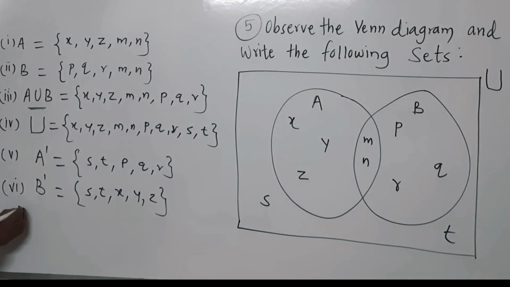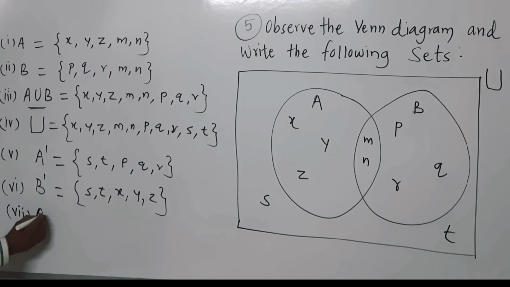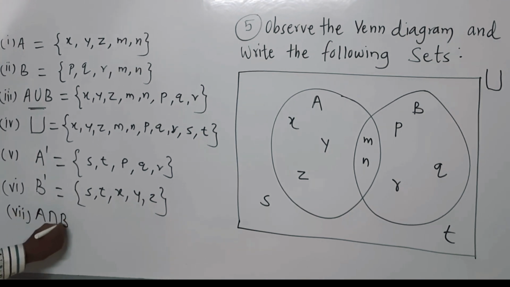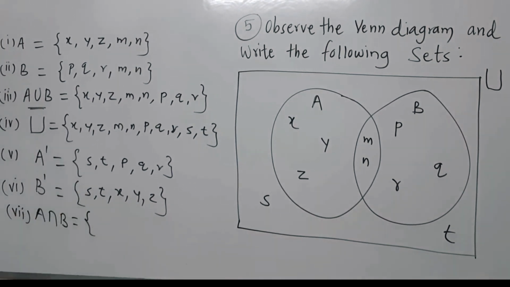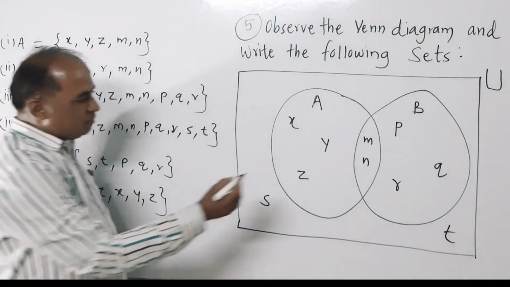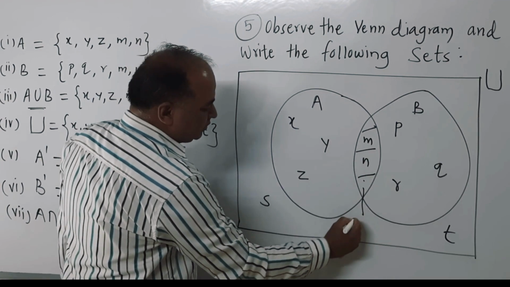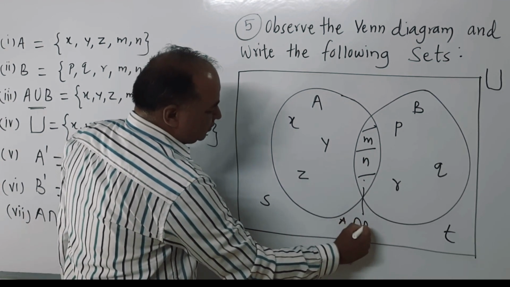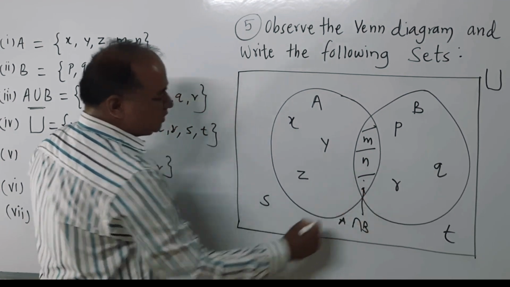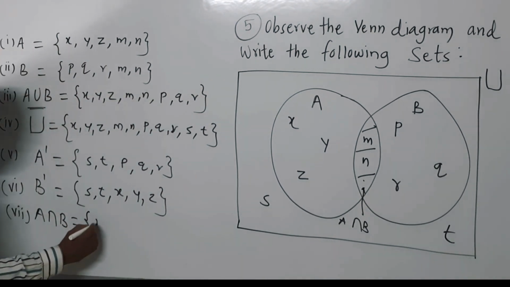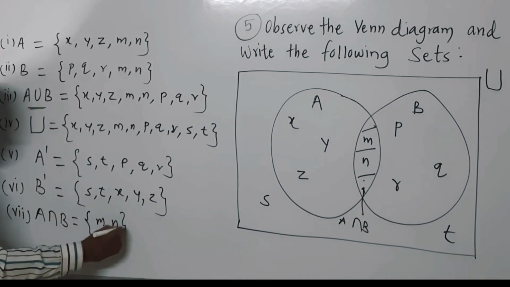Now one more set, the common elements, A intersection B. The common elements in sets A and B, this common part, is called the intersection, A intersection B. So A intersection B has only two elements present, that is M and